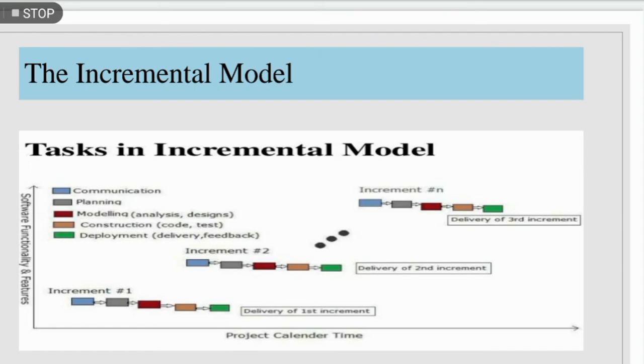There are some disadvantages of the incremental model. It requires good planning and design. Problems might be caused due to system architecture, as not all requirements are collected up front for the entire software lifecycle. Each iteration phase is rigid and does not overlap with each other. Rectifying a problem in one unit requires correction in all the units and consumes a lot of time.